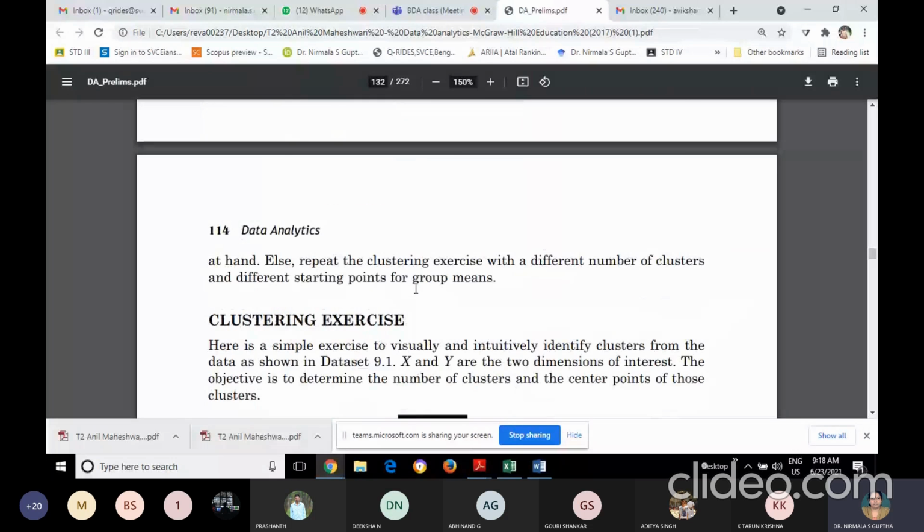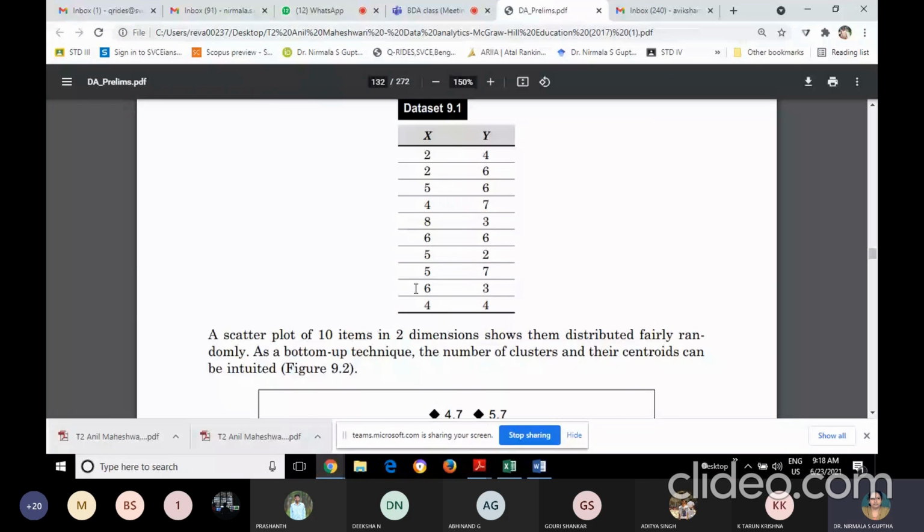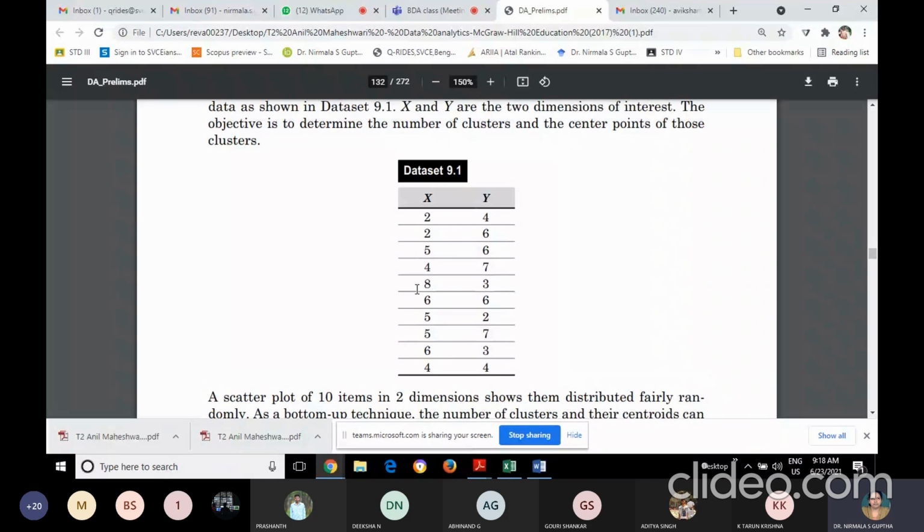Okay, you are able to see the data set, right? Okay. Yes, ma'am. Okay, fine. So,